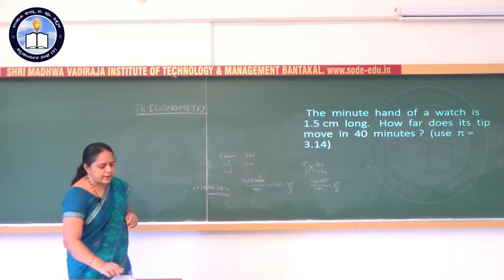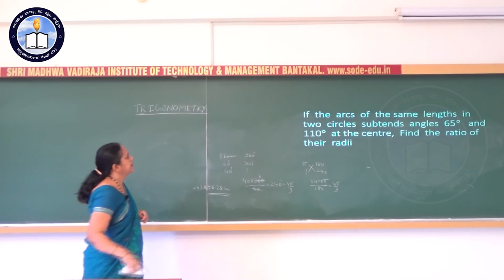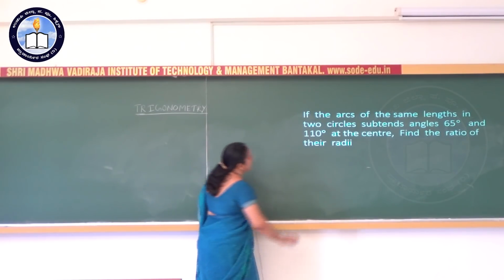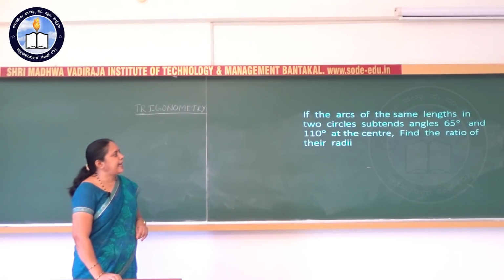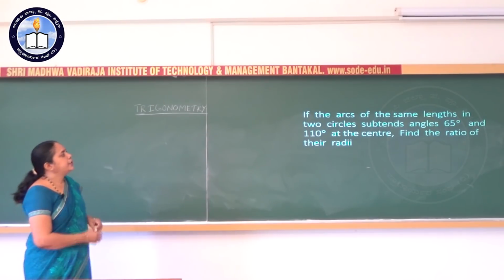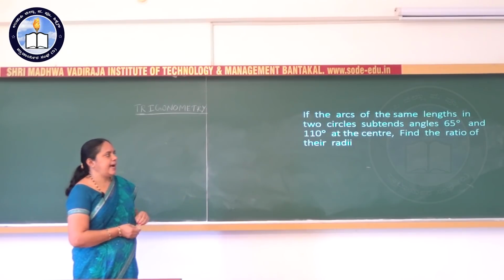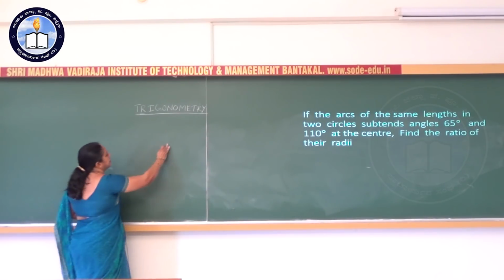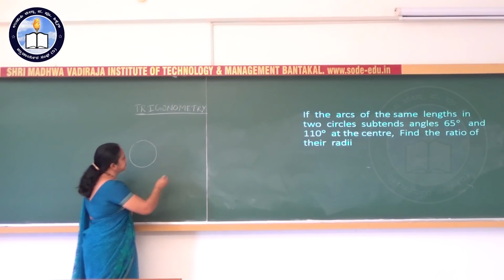Now let's consider one more problem. Here, if the arcs of the same length in two circles subtend angles 65 degrees and 110 degrees at the center of the circle, find the ratio of their radii. Given two circles,